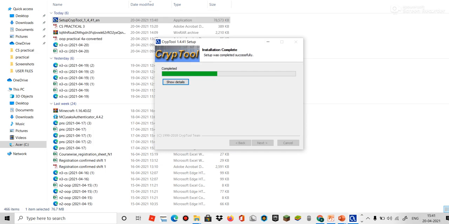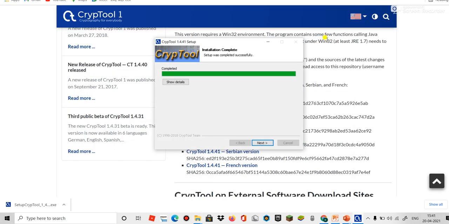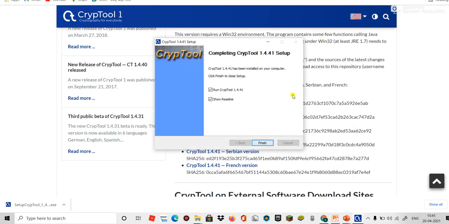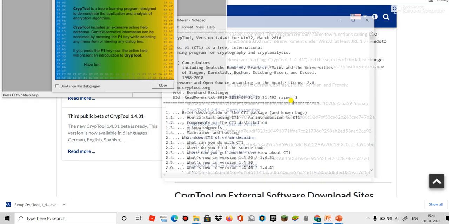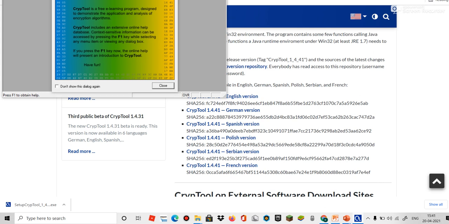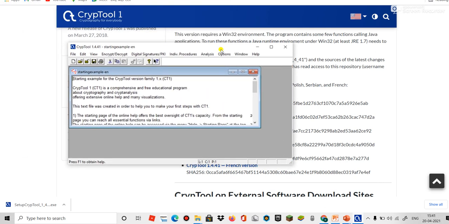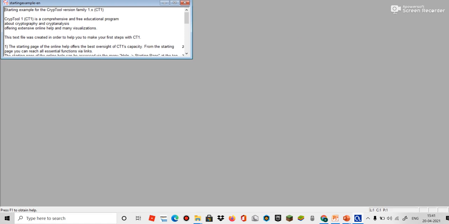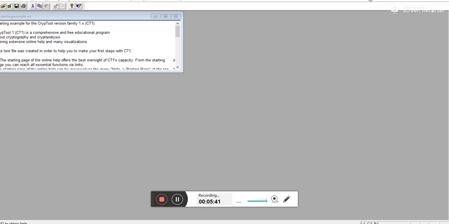So this is now getting installed on my system. It's done. You can see it takes very little time to install. These are the general instructions, and this is our software.